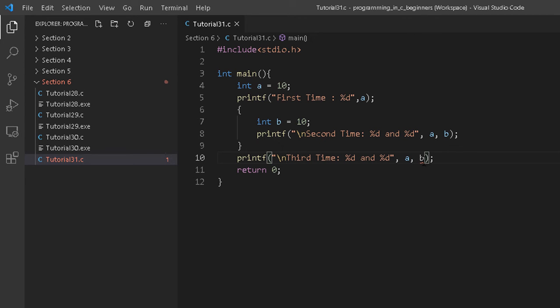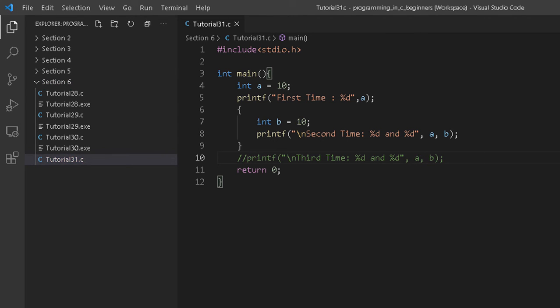Let's see what the error is. Here it says that b is undefined, and it's clear why, because b is declared inside this block and we cannot use b outside it because b has block scope. But let's talk about a. Now a is declared inside main, so main starts from here and ends here, and that's why this variable a can be accessed anywhere inside this block, and even anywhere inside any nested block inside this block. You can see this block is nested inside main, and hence we can use the variable a over here. But we can't use a variable declared inside a block outside that block. So this is all about block scope.